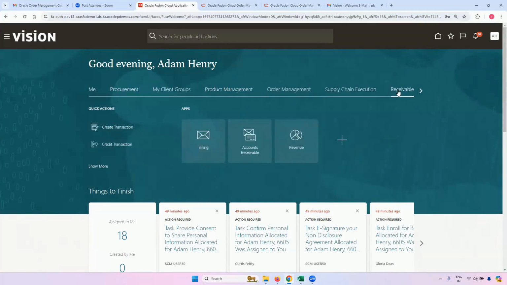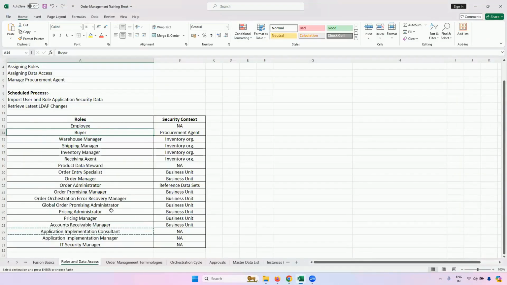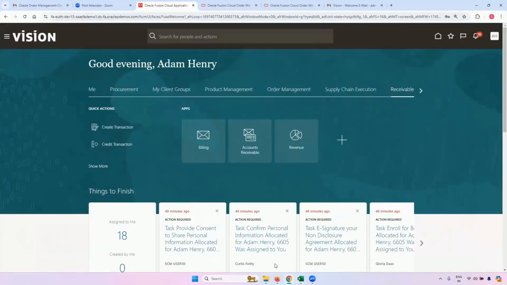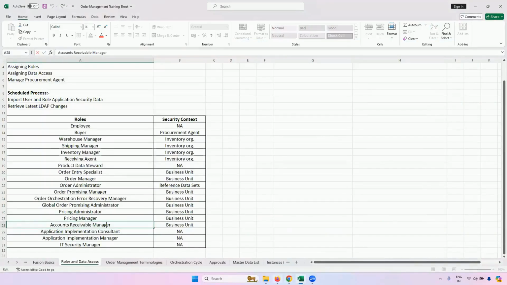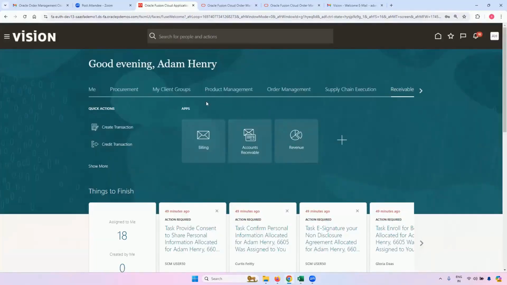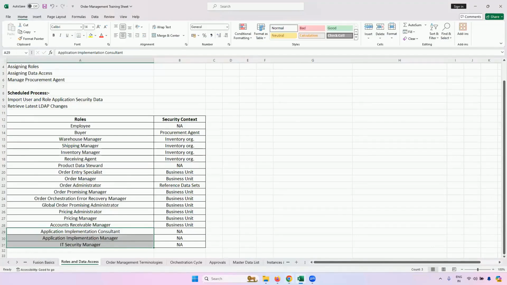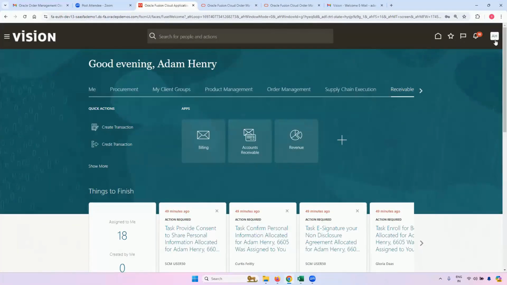Now let me go to receivables. Yes, I'm able to see accounts receivables and billing because I had given him this role. Where is that account receivable manager? Here it is. But I will not be able to see setup and maintenance or security console from this user because I had not given him these 3 roles. So let me confirm it. Let me click over here.